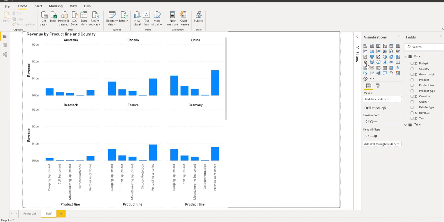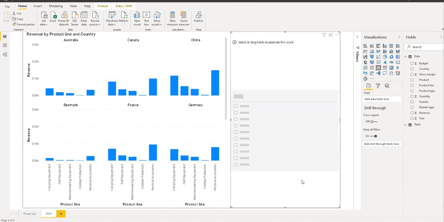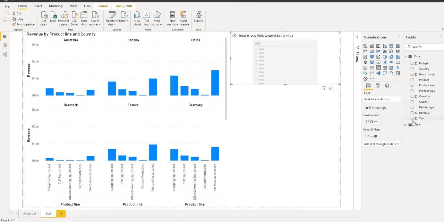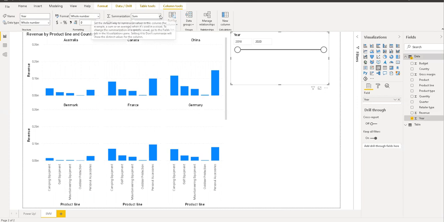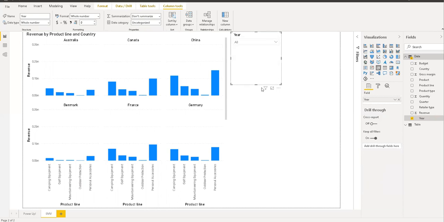Now I will go into my slicers. I take my year slicer. If you see, year should not be a summation. This is a very important concept. When I click it over here, it gives me the information as a summation. I don't want the year to be summed, so I will go over here and restrict it: do not summarize. This is a very important concept. Most of the people are not aware of it. I don't want years to be summarized, because 2019, 2018, and 2020 should not be summed. I want this information to be shown as separate information, and then I will put it as a drop down list. It looks cool to me.